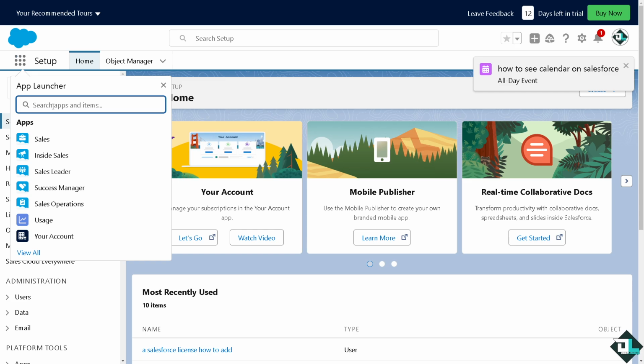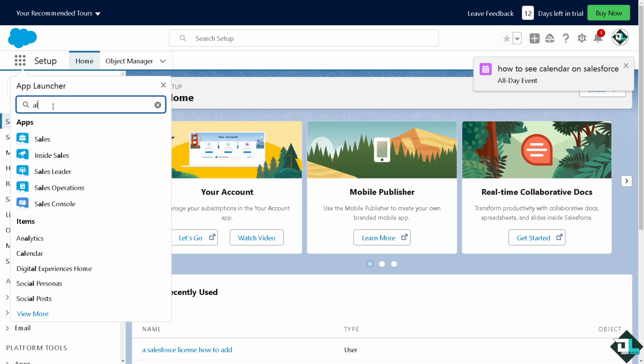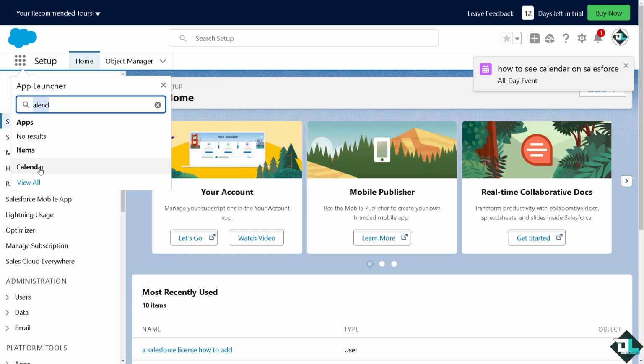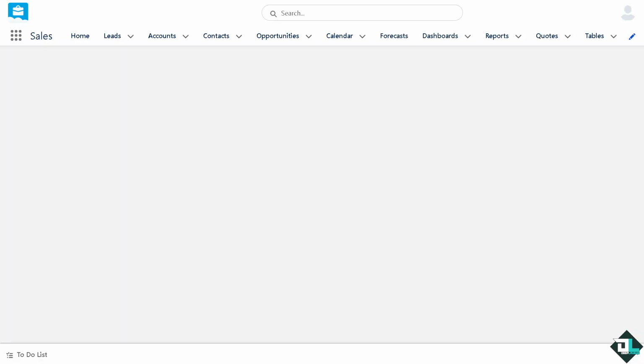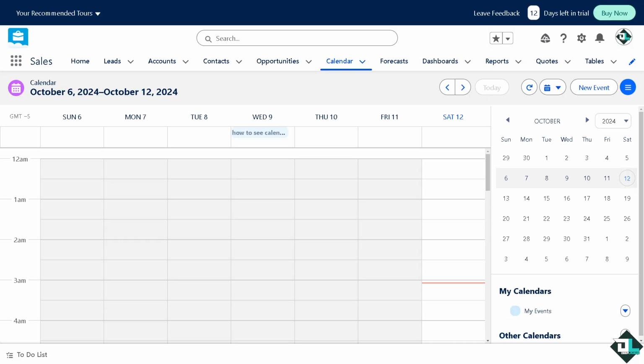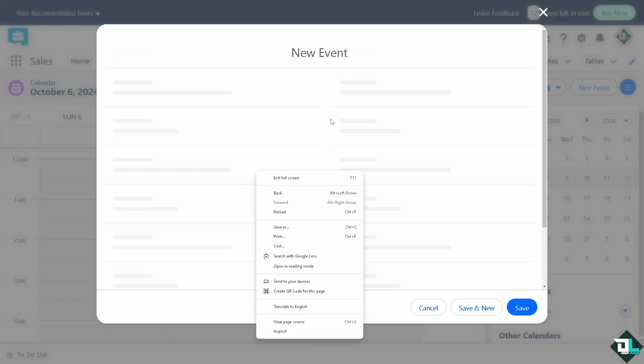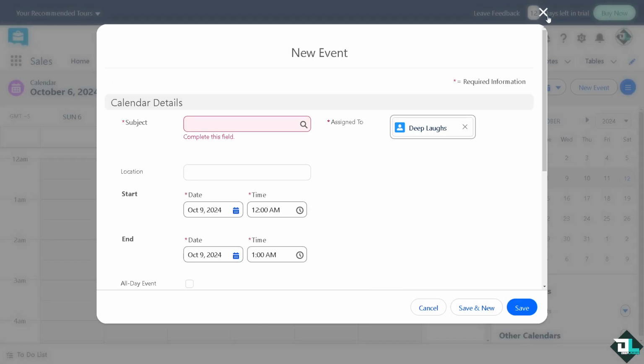From here, I'm going to type in the calendar option. You see that? And of course, all I have to do is view the events that are displayed on a daily basis, right? Weekly basis, or monthly view. You see that? For example, this one. I'm gonna put in something like an event here. All right. If you don't have an event,